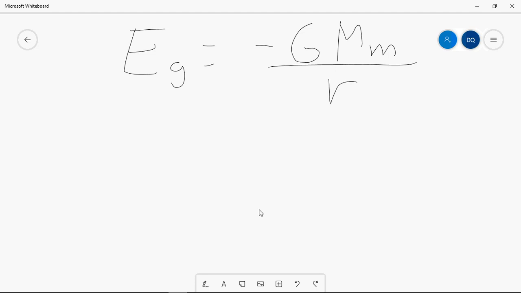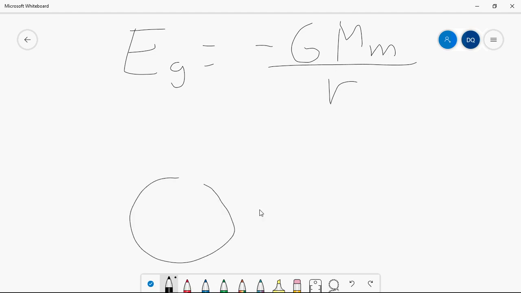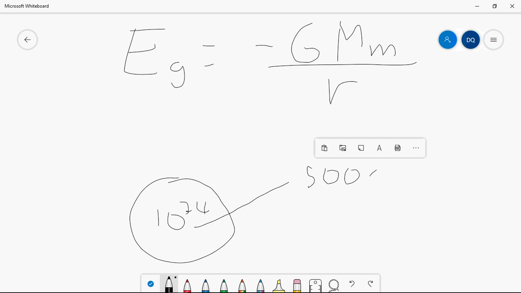So let's find the gravitational potential energy. Let's say you have a planet, and that planet has a mass of 10 to the 24 kilograms. And let's say you are a distance that is 50,000 kilometers from its center. So you're a distance 50,000 kilometers away,